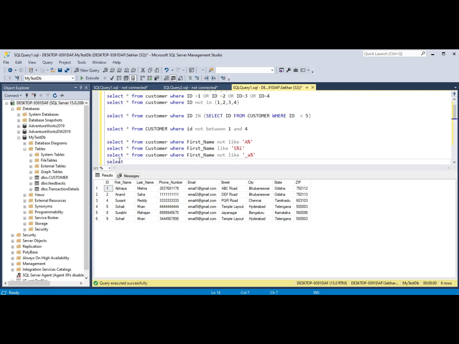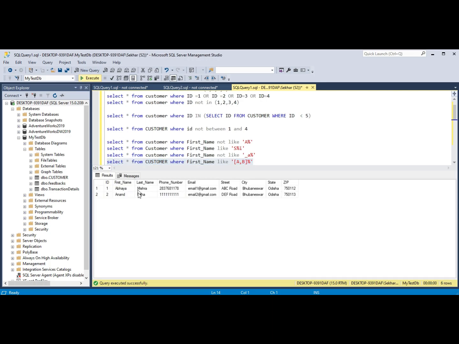Suppose your requirement now is to find all records in which the first name starts with either A or B. Percentage.